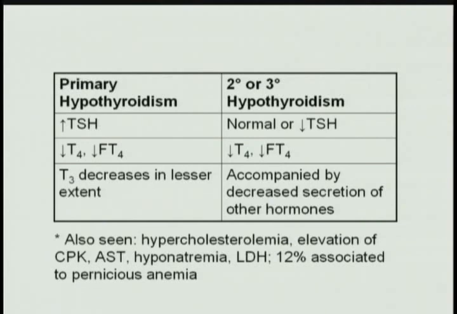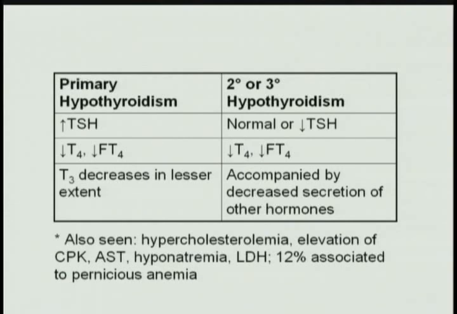And then only in rare cases do we see the other form, right, where it's pituitary, so the free T4 is low, and now the TSH is also low at the same time. Now here in your table, we put this for a purpose. TSH could sometimes be normal in secondary hypothyroidism.